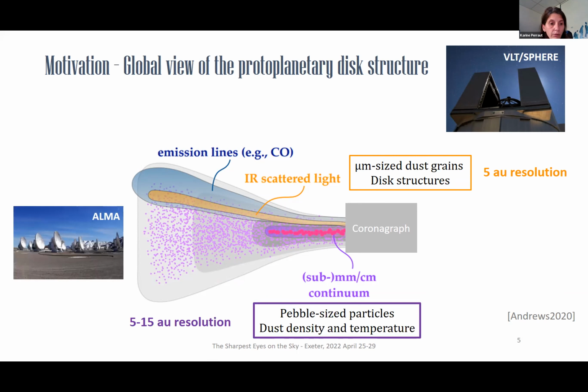Since most of that emission is optically thick, these images are more a temperature diagnostic. And of course, as also illustrated this morning, gas can be traced through emission lines. This near-infrared and millimetric imaging can be done with an angular resolution of a few AU.